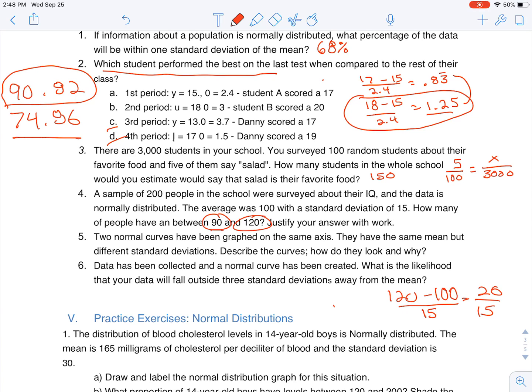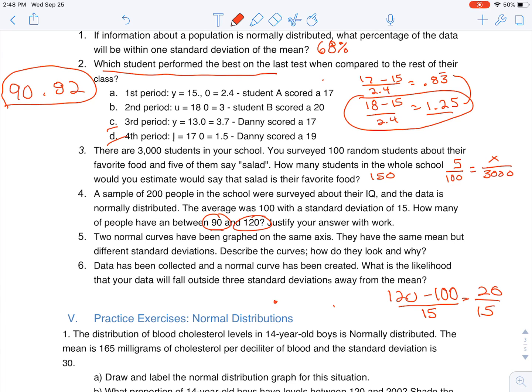That doesn't make sense, because 90 would be below the average, therefore below 50%. Okay, so what I'm going to do now is basically the number that we needed to find was,